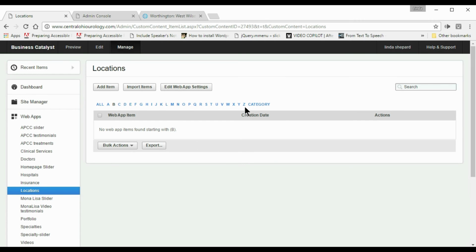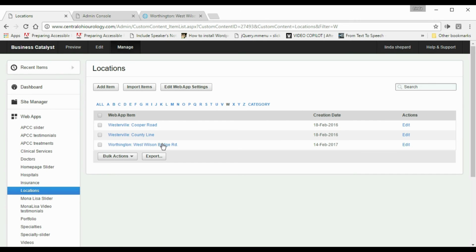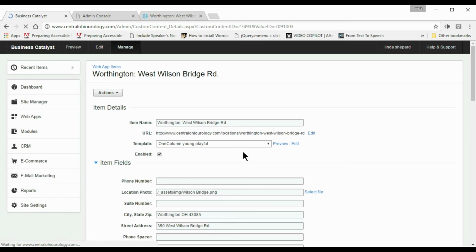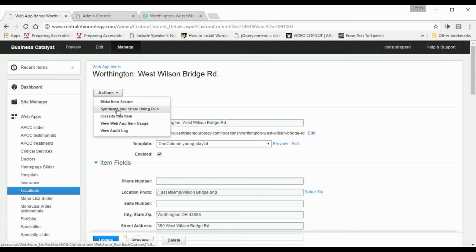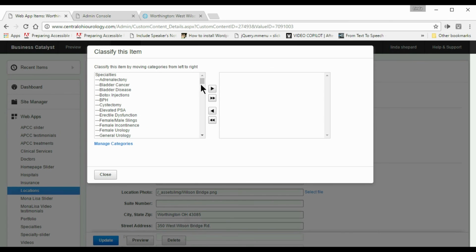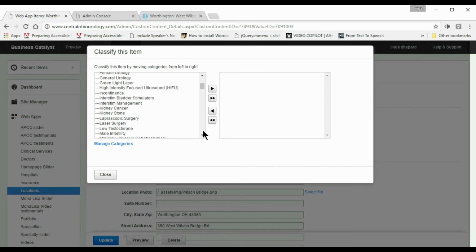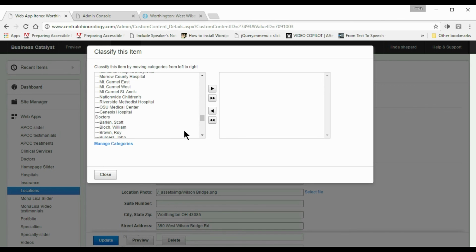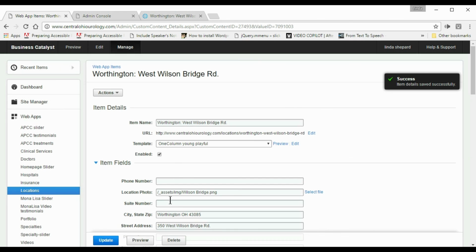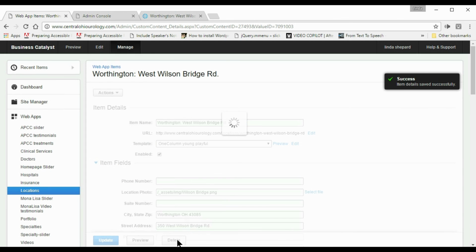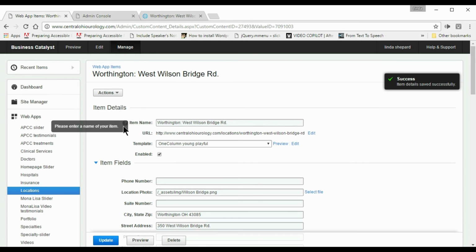Now I'm going to show you how to use the categories that we set up in the very beginning to make sure that they show up on the doctor's individual profile page. So I'm going back into that Wilson Road record. I'm clicking it, and I'm going to Action, Classify this item. And then I'm going to scroll until I find the doctors who are in this location. And right now I don't know who they're going to be, but I'm just going to go ahead and put Dr. Barkin in there. So click on that and say Close, and that's all you got to